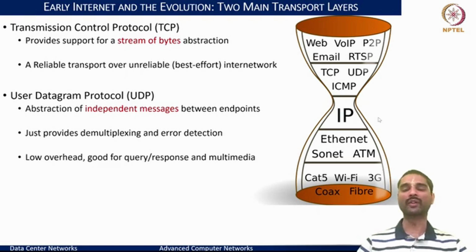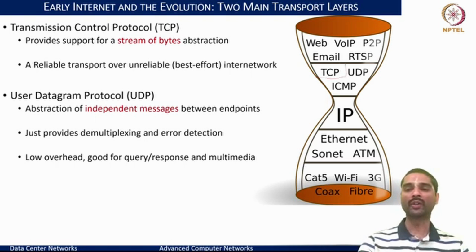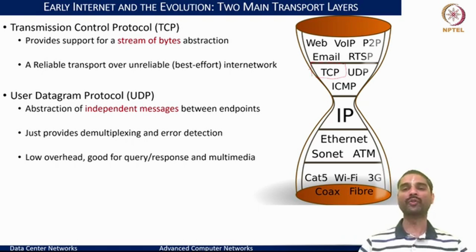When an analysis was done in the early 2000s about what network traffic looked like, it was observed that more than 90% of the traffic was TCP, while the rest of the 10% was shared amongst UDP and other kinds of protocols. So TCP was a prominent chunk of the internet at the transport layer. And the popularity was because it tried to provide reliable communication over the best effort internet network or the IP layer, and it built the congestion control and flow control, which were quintessential to ensure that multiple end users can reliably connect and access the services over the internet.